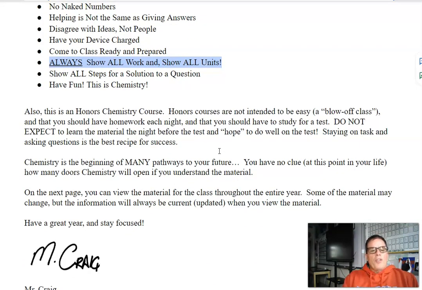This honors chemistry is, again, an introductory type course. It is not a substitute for a first-year college chemistry course. That's what AP Chemistry is all about. Actually, AP Chemistry is freshman college chemistry. And if you choose to go that route and take AP Chemistry later on, then hey, you don't have to take chemistry your freshman year. Or you can bypass all the science altogether if you're not going to be a science major. So that's an option. We'll talk about that much later.